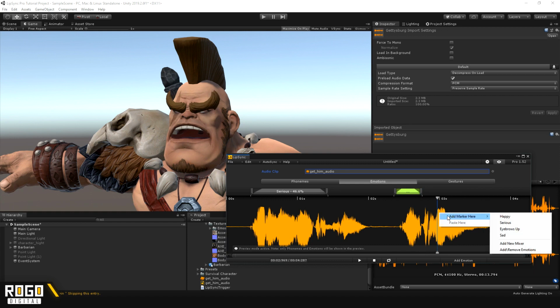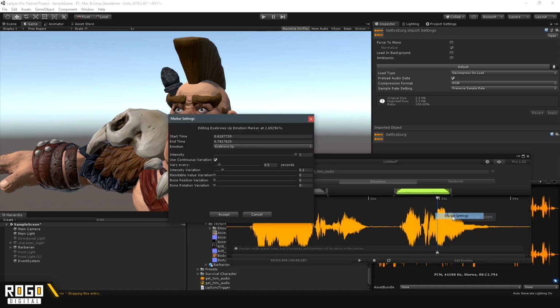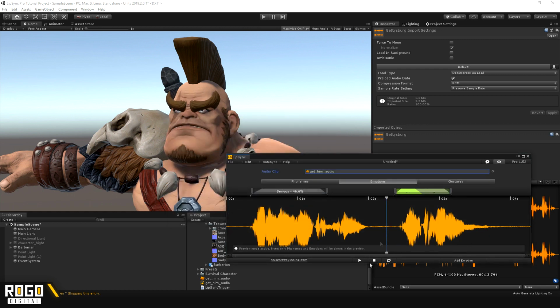Maybe if we had a second one like this, and then you can see that we can drag them straight into another marker like this. And then instead of blending in and then out, it blends in from one and into the other. Now this might seem a bit pointless having two of the same emotion next to each other, but if I change the intensity on this second one to something a lot lower,